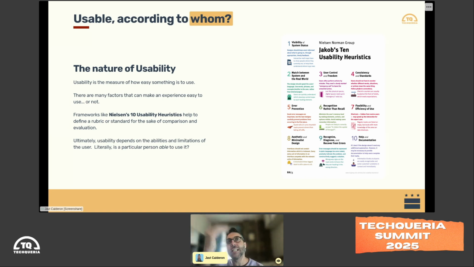Right? And these are 10 basically best practices that we want to make sure that we're taking into account when we are designing these digital experiences. And ultimately, the goal is to create something that is easy for people to use, right? So all of this stuff fits together: usability, accessibility, inclusive design. And we're going to break down those latter two and then put it all together at